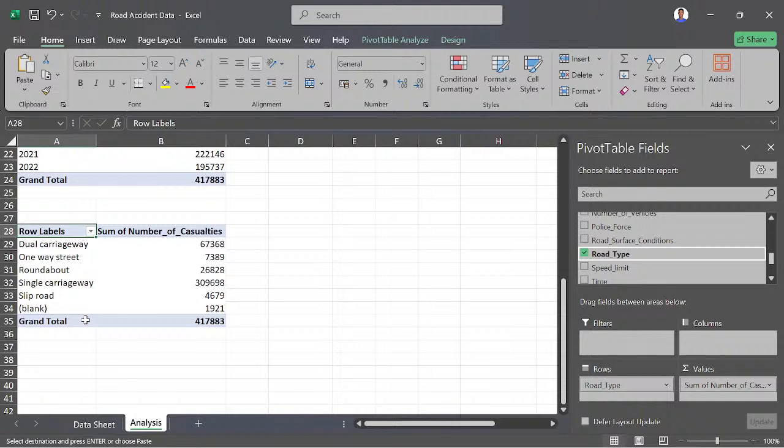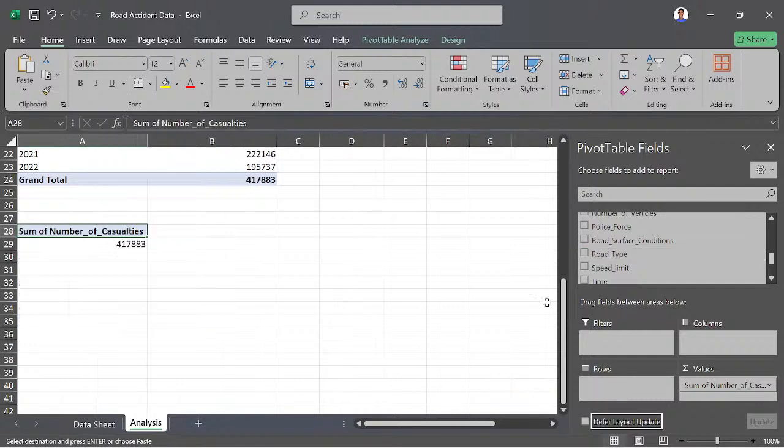And these are some of the road types. Because of the way this one is, the analysis is not even making sense to us yet. However, you can drop this one and check that of the